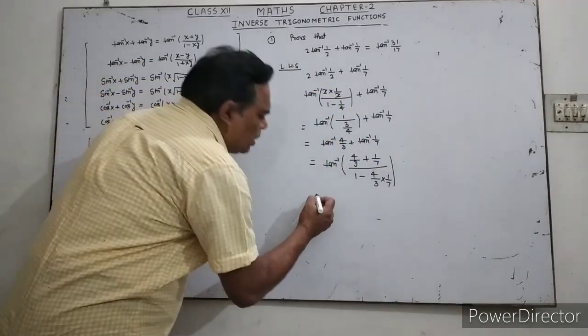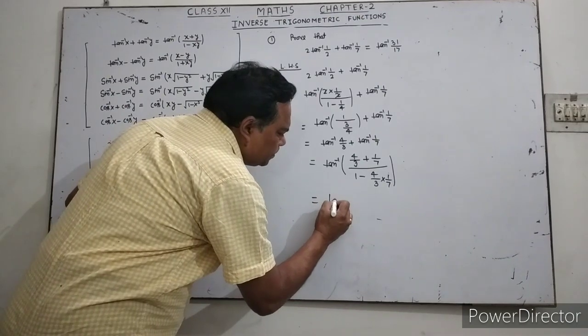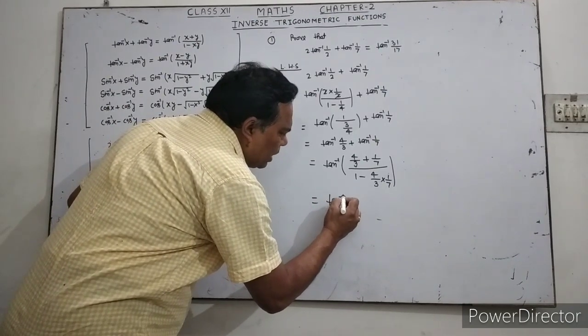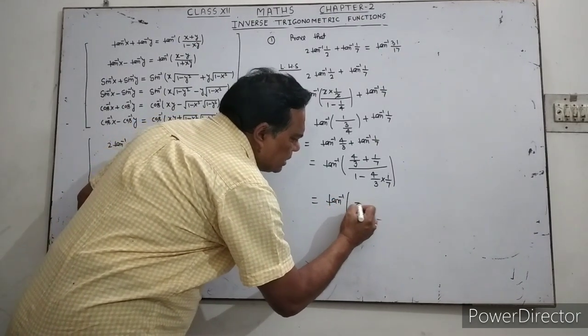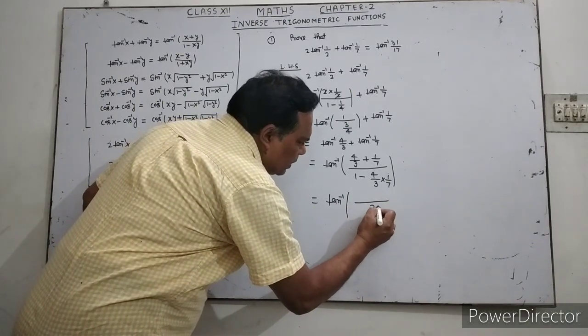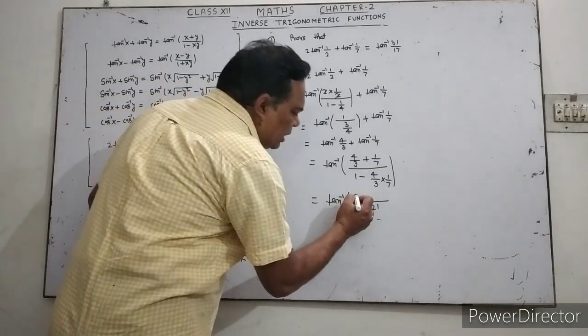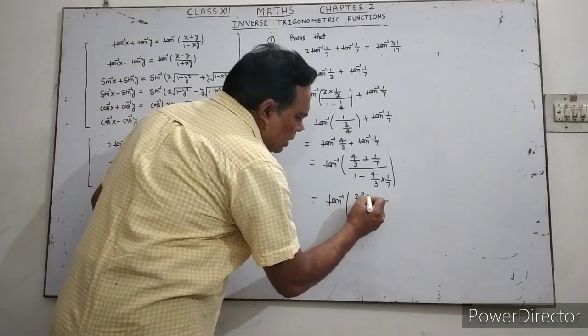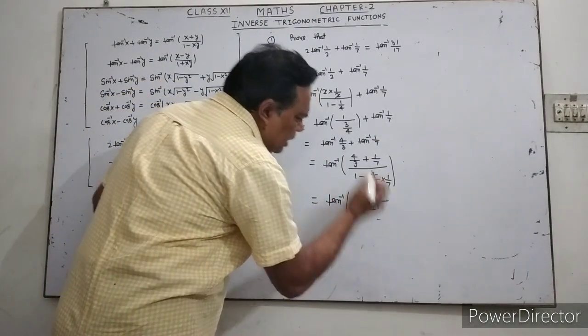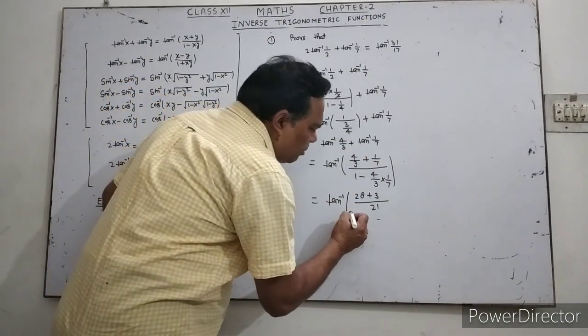Now take the LCM. What is the LCM? 21. So 28 plus 3, divided by